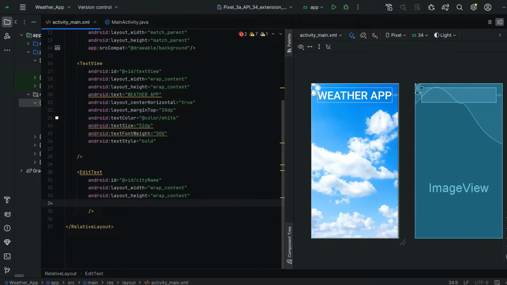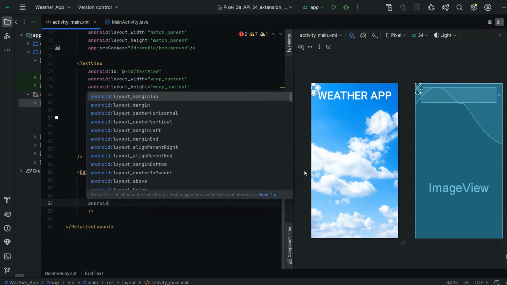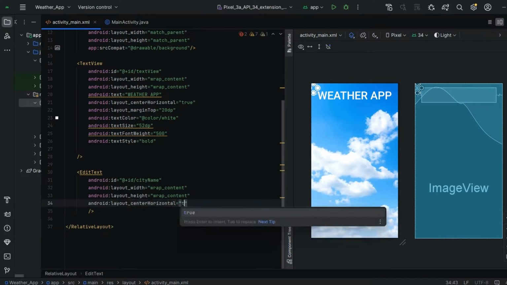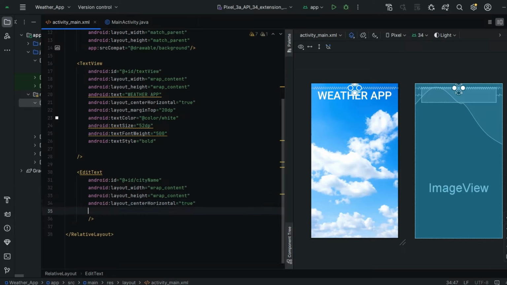Maybe it was not visible for you. I want to bring it here, below our heading. So let's do that quickly. Before that, I want to bring it to the center. So as usual, for bringing it to the center, we are going to use the command android:layout_centerHorizontal. I'm going to keep it as true. Okay, it came to the center.